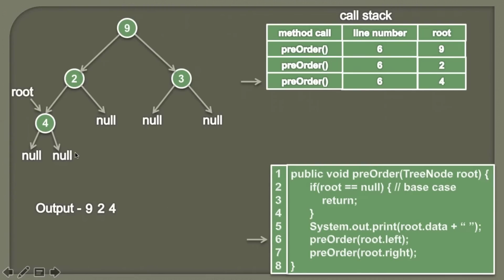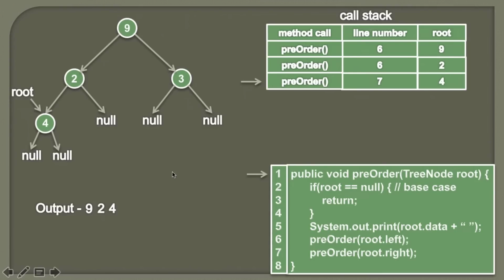So friends, here we have first traversed the node 4, then we processed its left subtree, and now we'll go to its right subtree. So that thing we'll do recursively. So in line 7, now we'll simply go to its right subtree. As root is 4 and right is pointing to null, therefore we'll call preorder with a null value. And as we are calling this preorder method with a value of null, we are leaving this preorder method. So we'll update the line number, that from line number 7 we have again called this preorder method. So now this preorder will be called with a value of null. It's nothing but root's right.